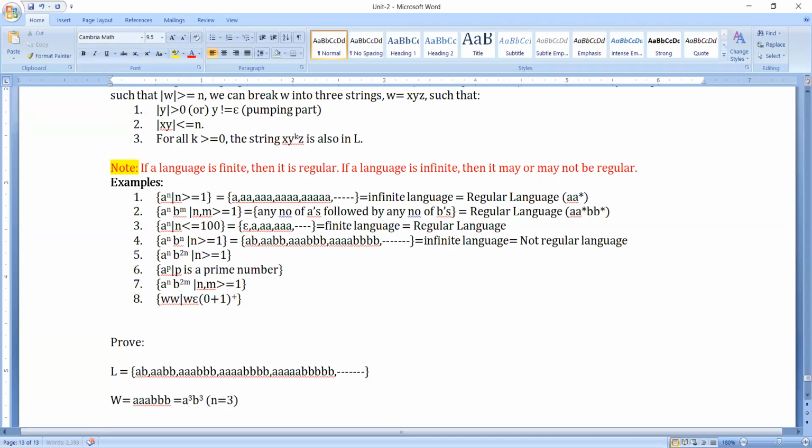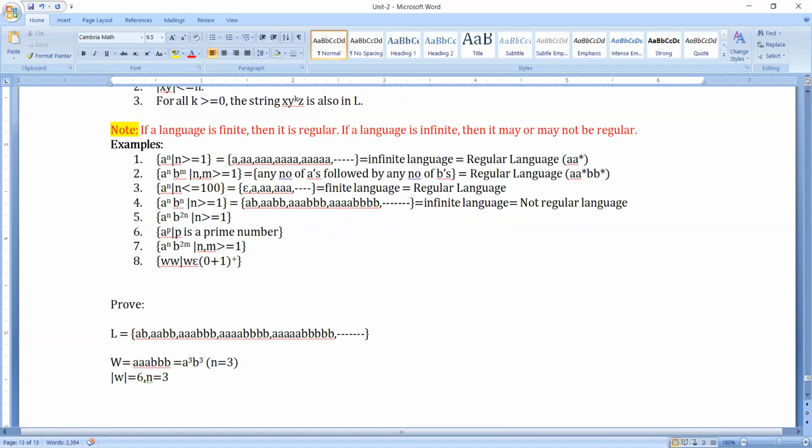Now what is the length of W? Please check. The length of W is equivalent to 6. What is the n value? The n value is 3. Now, what is the condition we are checking?